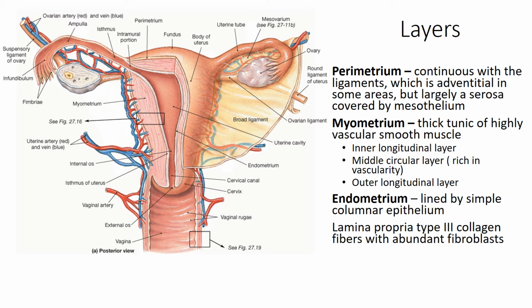form this anastomotic artery known as the arcuate artery. Now anterior to this is the layer in relation to the uterine cavity, lining the uterine cavity. This layer is known as the endometrium. So the lining here is simple columnar epithelium, and the core is formed by the lamina propria, which is rich in fibroblastic cells, highly cellular, and the ground substance is rich in type 3 collagen fibers.